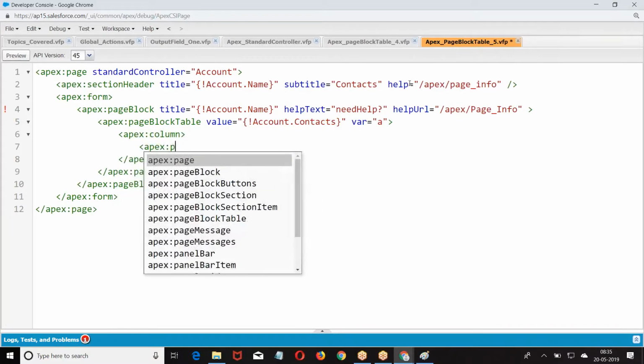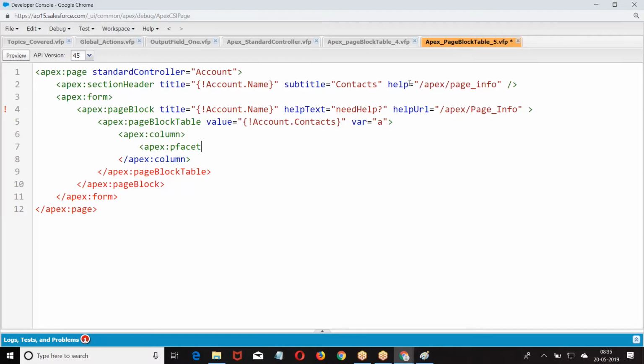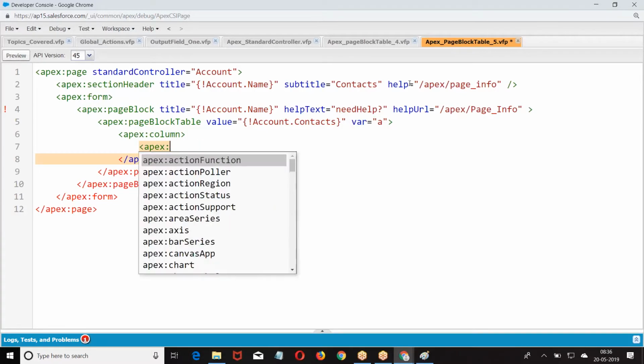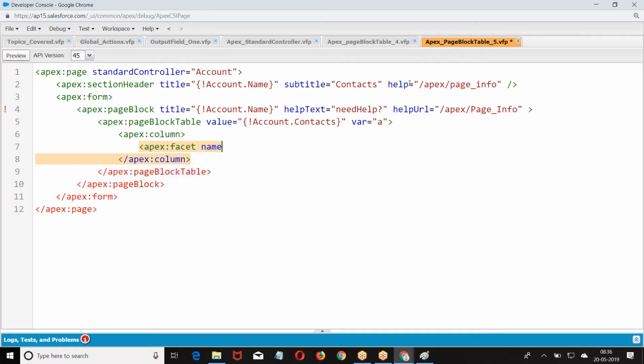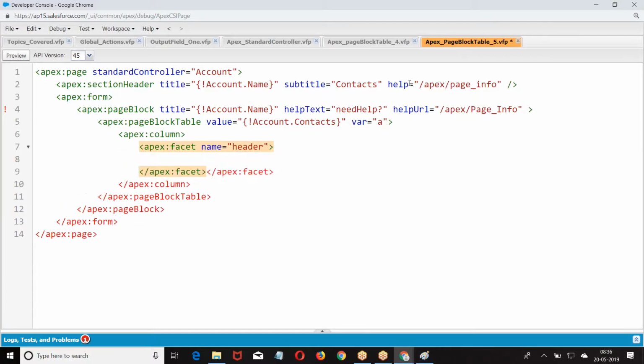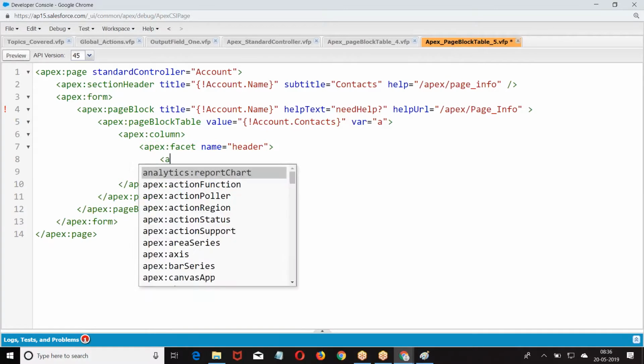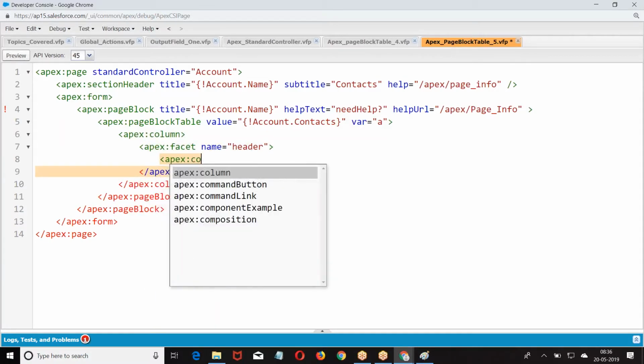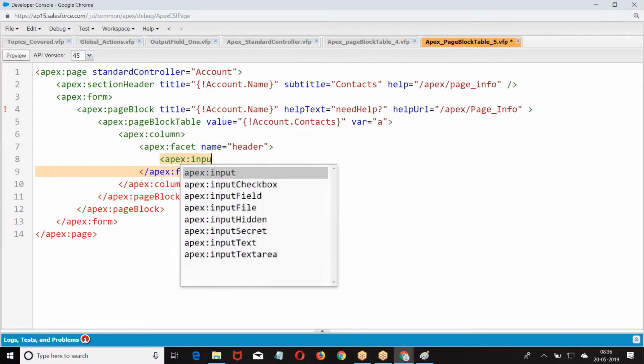Apex facet, name equal to header, and inside it apex input checkbox.